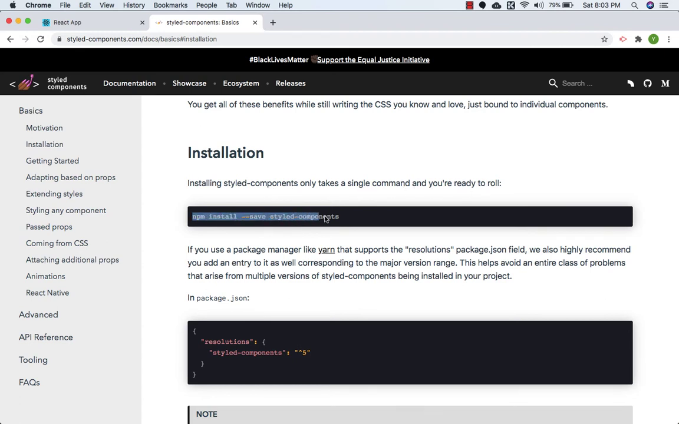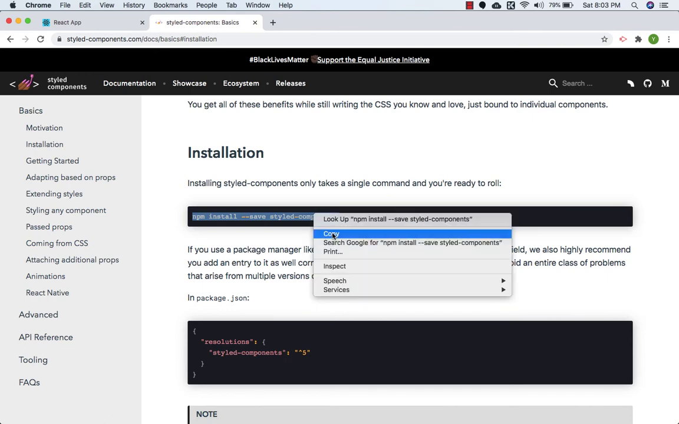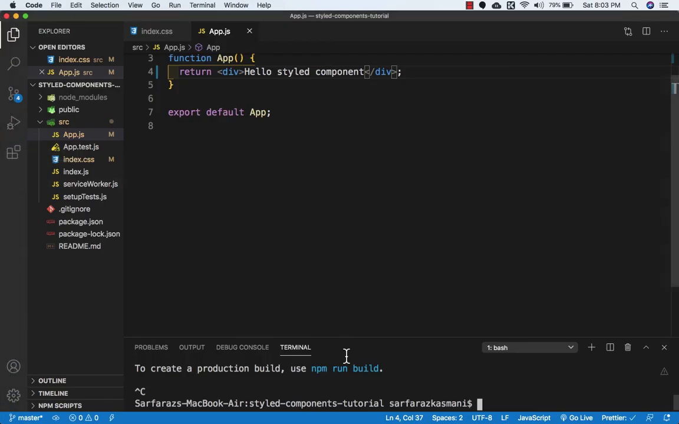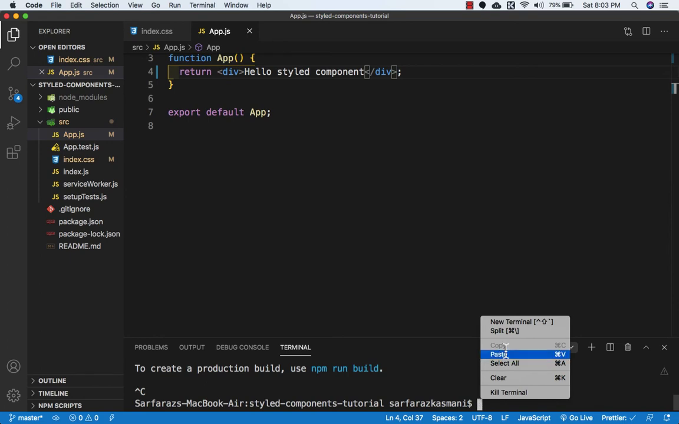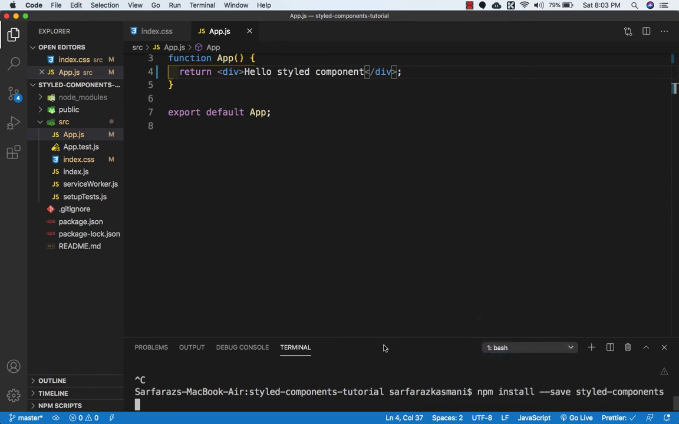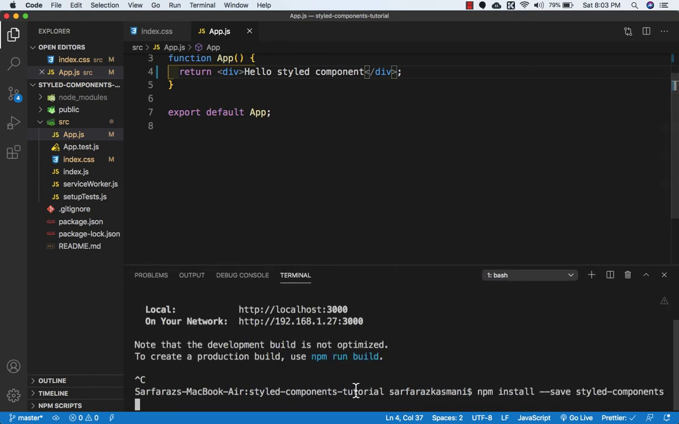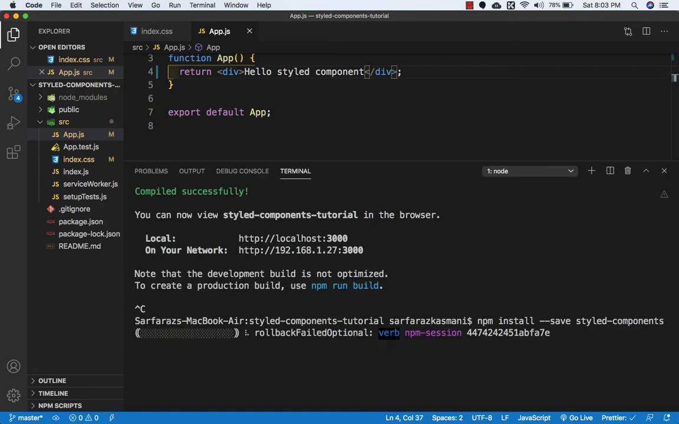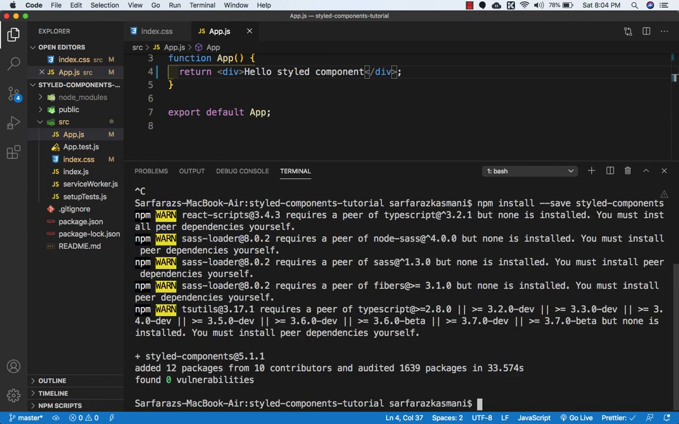So let's copy this, and let's go to Visual Studio Code, and here we need to paste it. So now the installation has begun. So we have to press enter after pasting the line. So we have successfully installed the style component